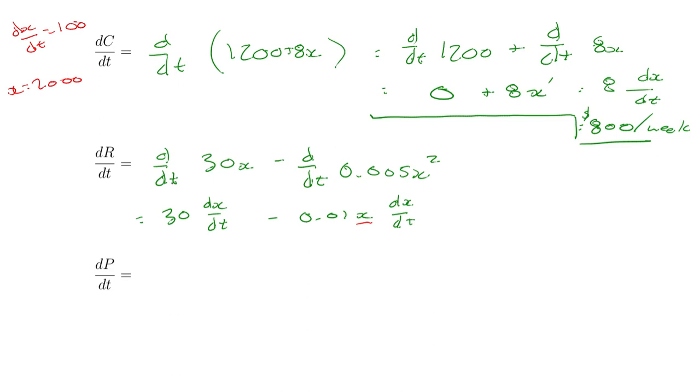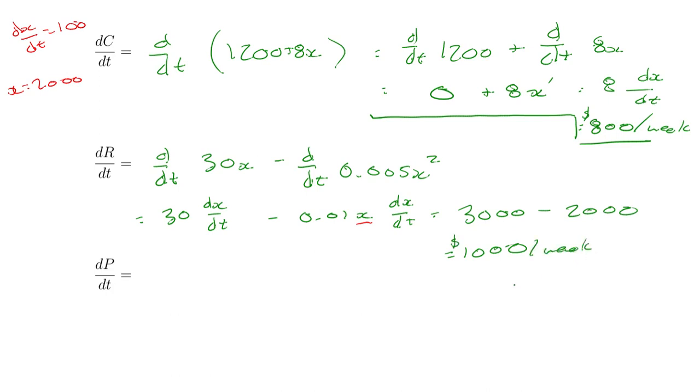Here we've got a production level before it changes. So we're going to put in 100 for dx over dt, and 2,000 for x, and let's see what we've got. We've got 3,000. That's 30 times 100 minus 0.01 times 2,000, that's going to be 20 times 100, that's going to be 2,000. So we've got $1,000